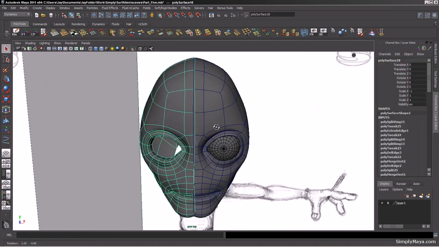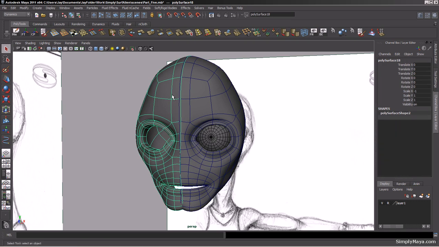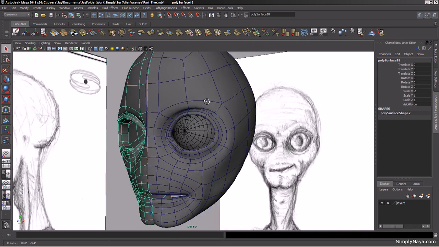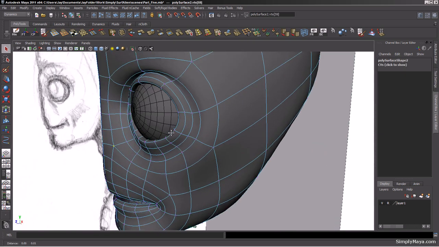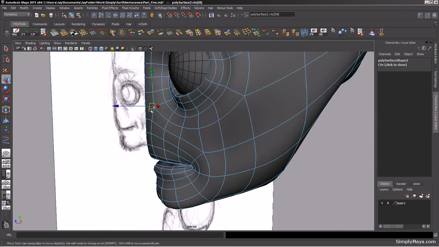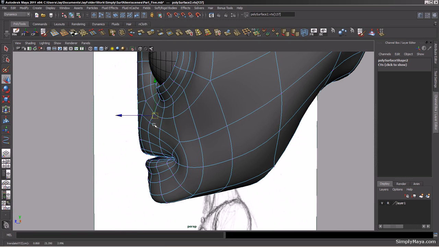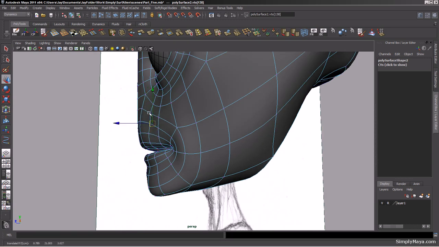Okay, so moving swiftly on, we're going to carry on from where we left off, and that's just going to carry on chiseling away at the face here and making a few more cuts just to get some more definition in the face before we start to join it up to the body on the neck area, and begin on the other bits and pieces. Okay, so first of all we're going to get rid of a little bit of history there, and then we're going to move in to this area here, and I'm just going to start to move it around just a little bit more,